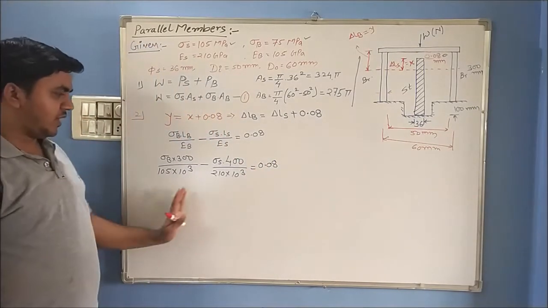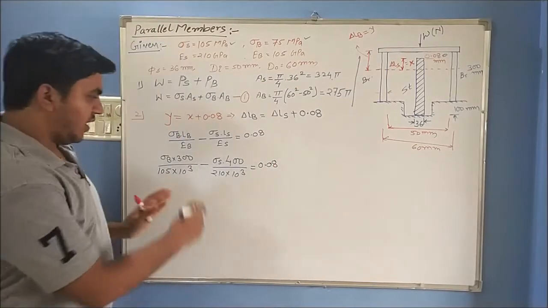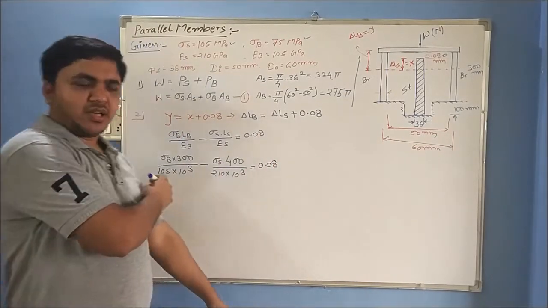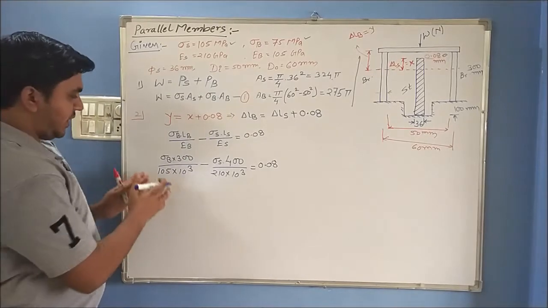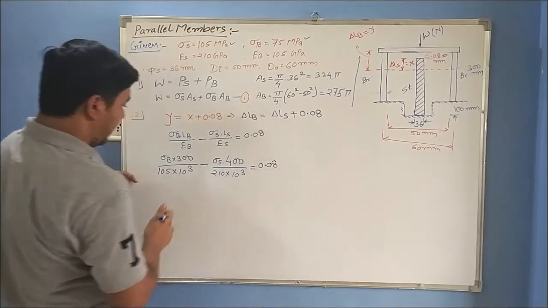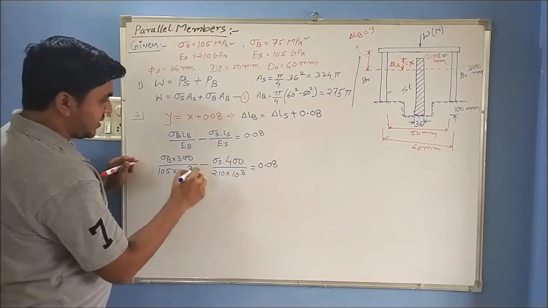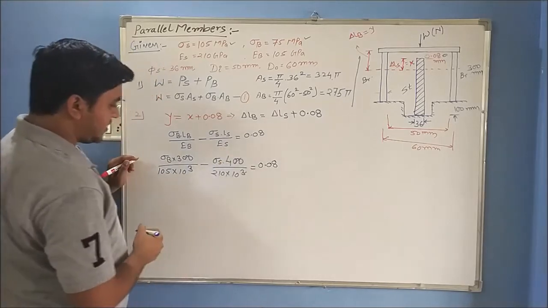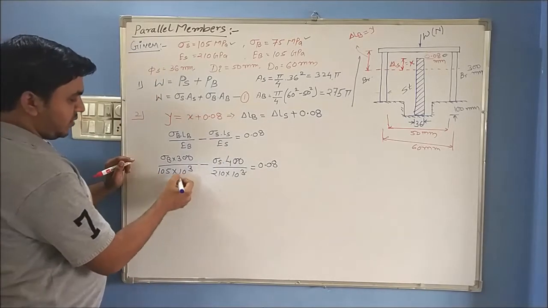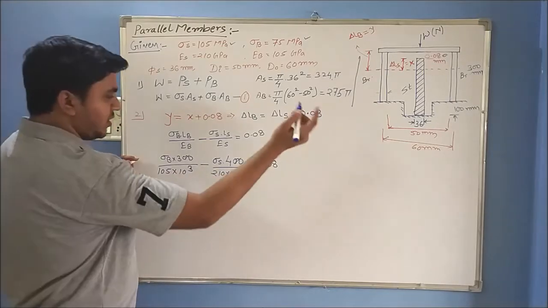Okay. Now we will solve this equation a bit. The parts that cancel, we will cancel, and we'll do the cross multiplication and form one equation based on stress of brass and stress of steel. Let's do that. So this 300 and 300 part will be cancelled out. This 400 will also be cancelled out. So this will be 1050 and this is 2100. So from here we take 1050 common and cross multiply.